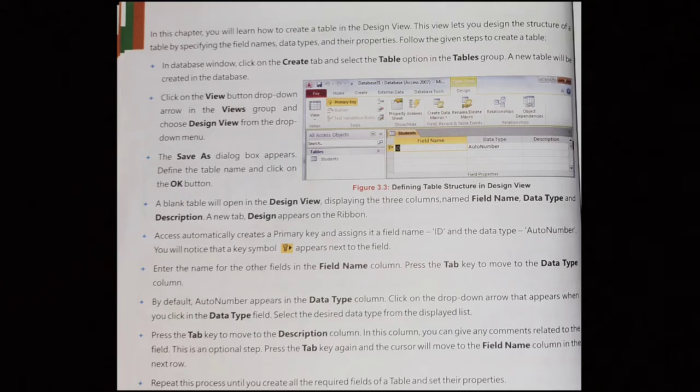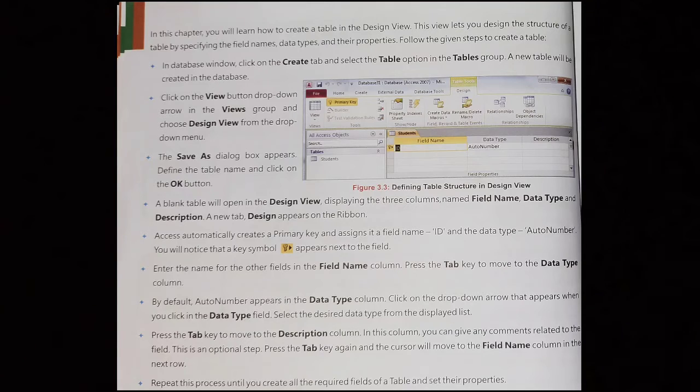The Table button creates and opens a new table in datasheet view mode. The Table Design button opens the table in design view mode, and design view mode is the traditional method of creating tables. And design view also provides easy access to all the properties of the fields in the table.